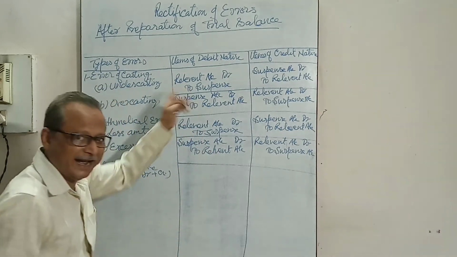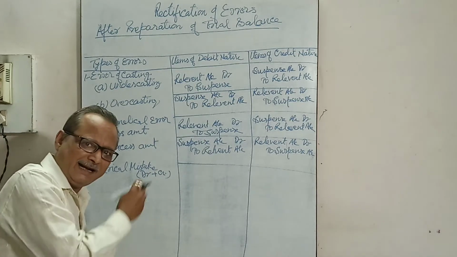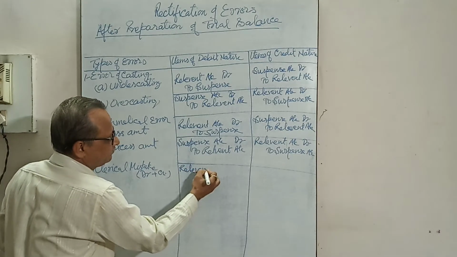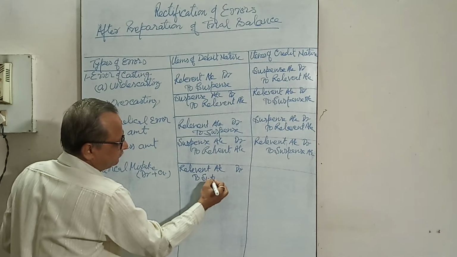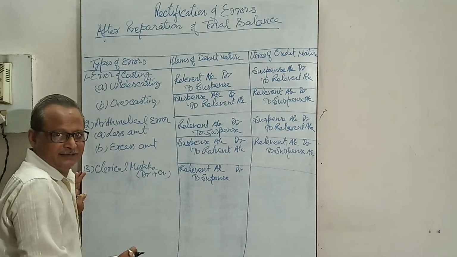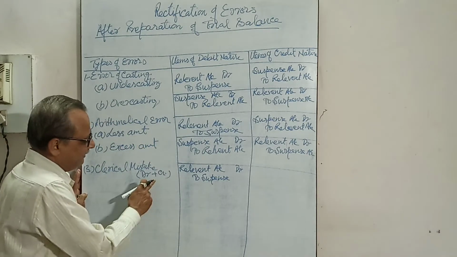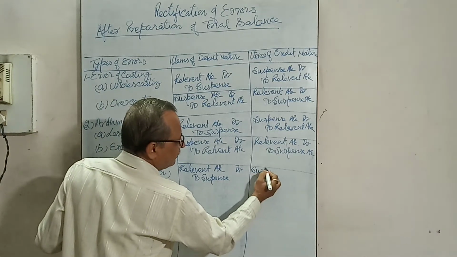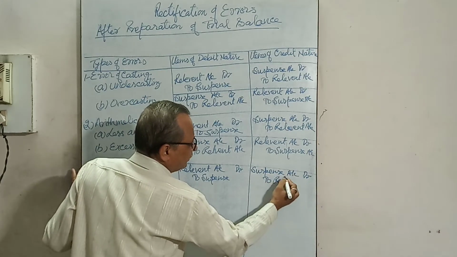And then if an item that should be in the debit side was posted in the credit side, first you debit the relevant account, credit to suspense account. With which amount? The amount to be debited and the amount which was wrongly credited. Both should be added, and we will write here debit plus credit amount. In it, suspense account debit to relevant account.